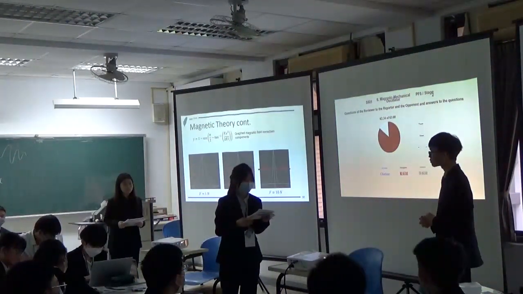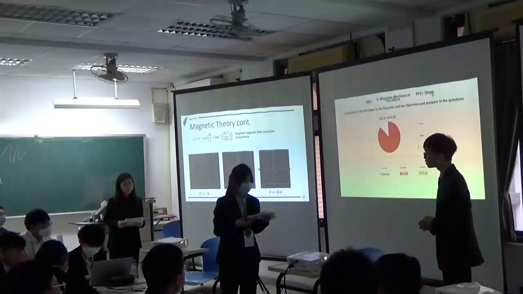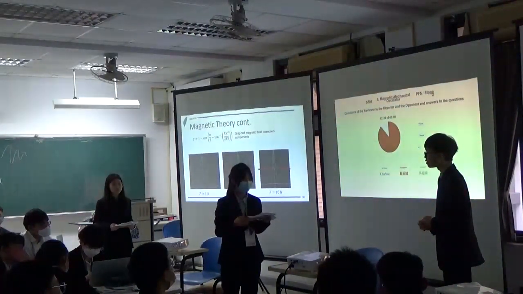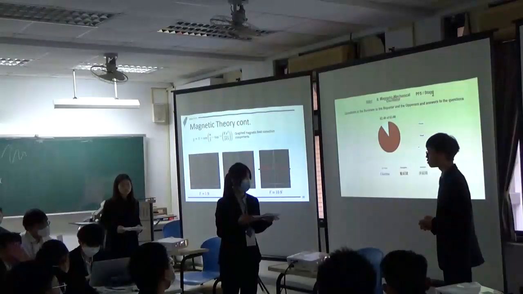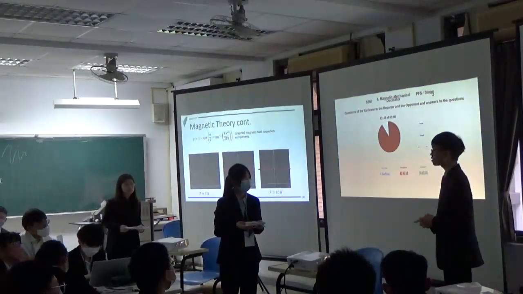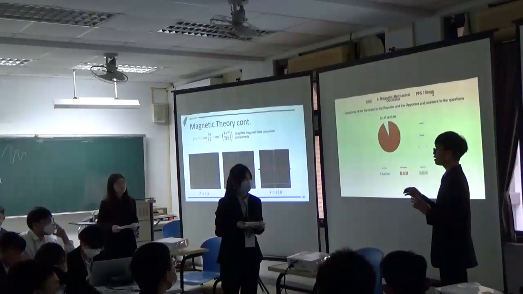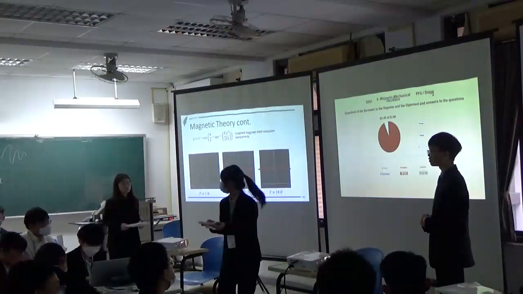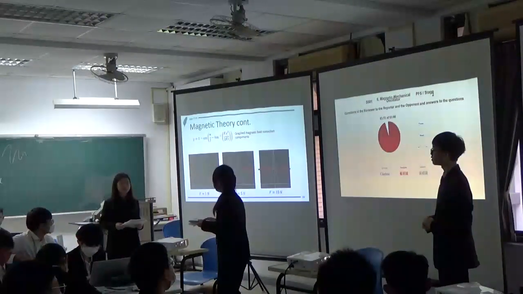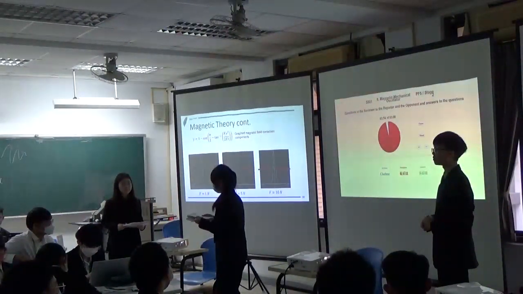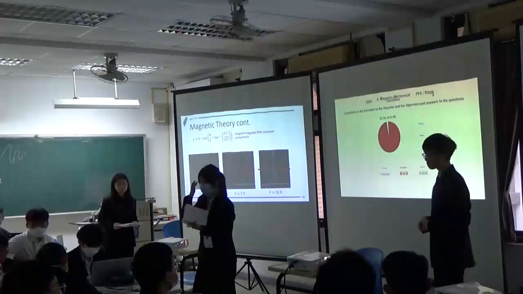And where does the resilience force come from? From the magnetic force or the leaf spring? I think it's the air drag from the leaf spring, because the magnetic force only transfers kinetic energy to the other one. Okay, and how do you think? I believe it's due to the material of the leaf strip. Okay, thank you.